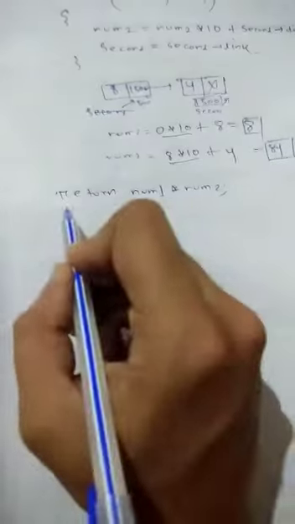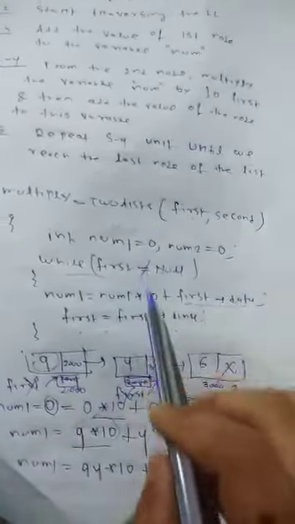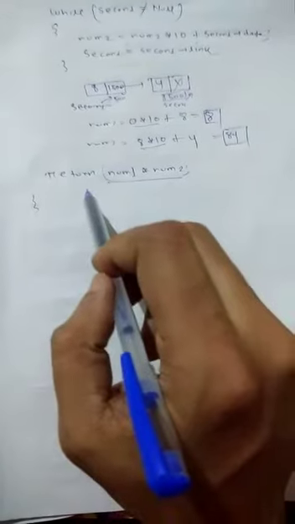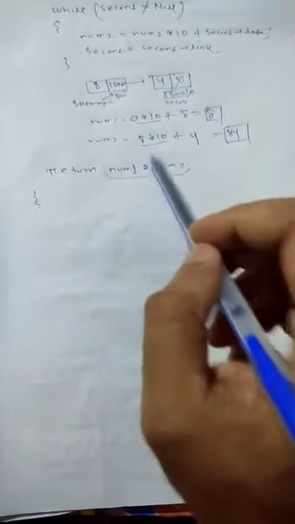Then you have to perform the multiplication, that is the function returns norm1 into norm2. Overall, you multiply them, store the result in a variable and return it. So for multiplying two lists, we extract the first number norm1 using this logic, similarly the second large number using this logic, then perform the multiplication and return it. So this is the multiplication of two large numbers using linked lists.